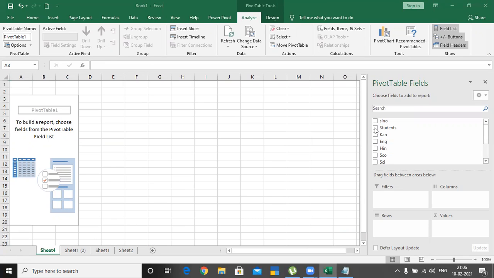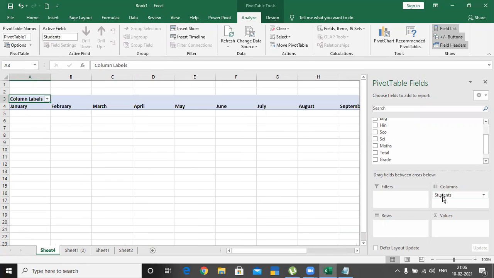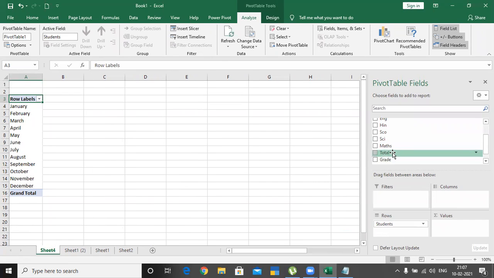So like this, select the student name and click and drag and drop to the rows or columns, however you want. Better you go for columns wise, row wise. And next total.